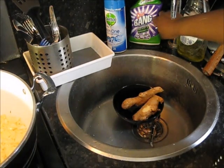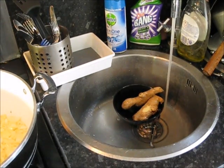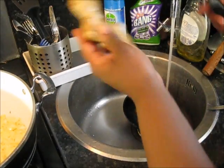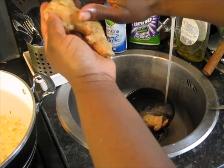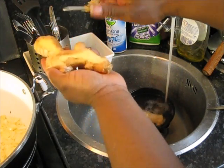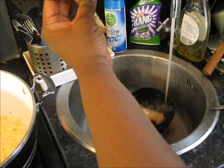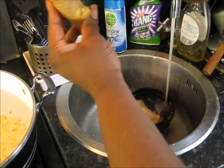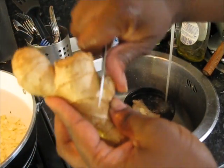So while my onions are browning, I'm going to peel the ginger. Now you can use, as I said before, you can use a potato peeler, like that. But when you get to the little nooky bits here, it's quite hard to get out with the potato peeler. So I just like to use the knife, and you can get inside all the